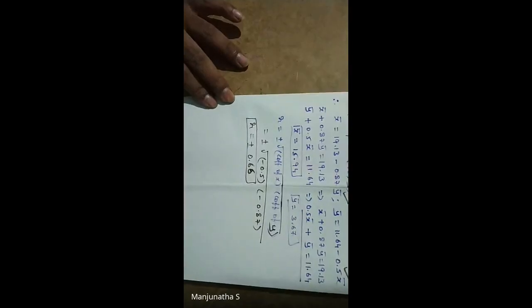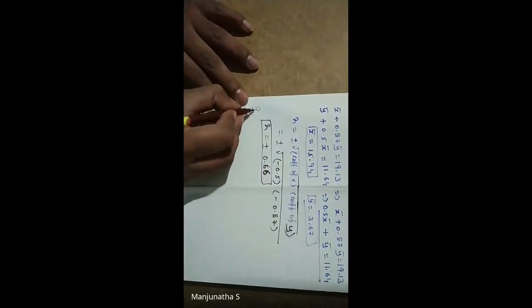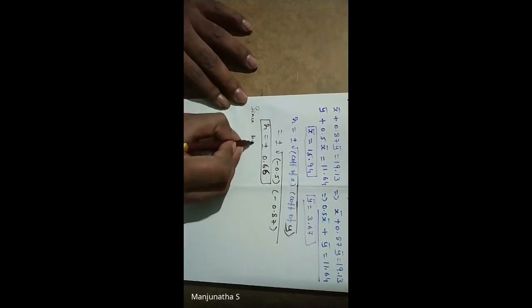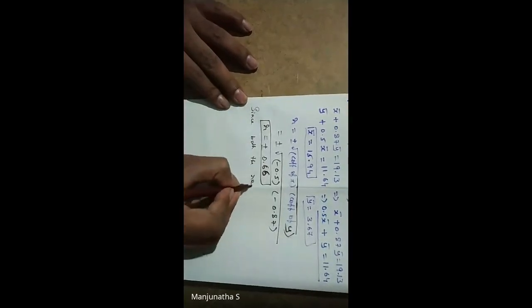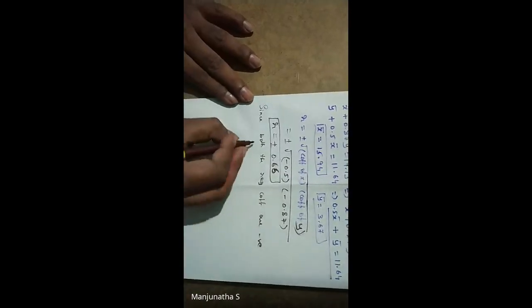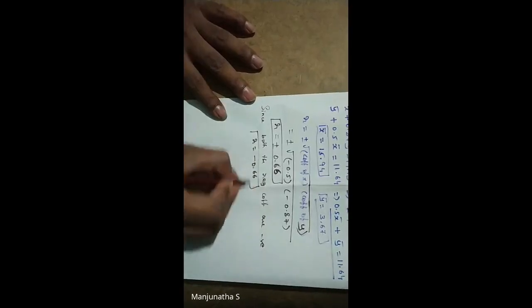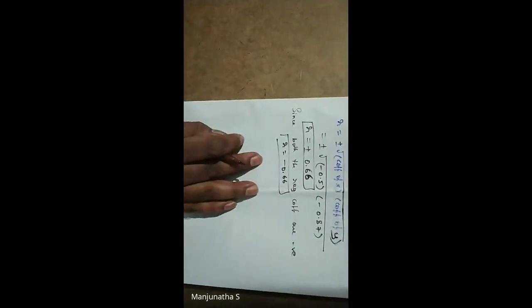See here, what is the coefficient of X and coefficient of Y? They are in negative signs, correct? Since both the regression coefficients are negative, R is equal to minus 0.66 is the final answer. So this one step you need to remember. Okay. We'll go for the next question.